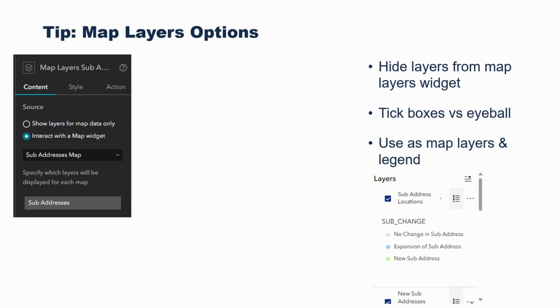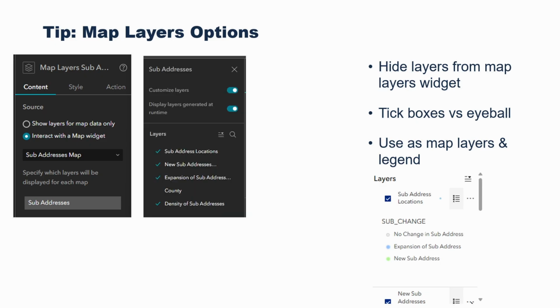For map layers, I really like this feature. We use this a little bit in this experience, but if you're familiar with the NCORE application or Environmental Justice Hub application, we use those with the views navigation to have one map with many, many layers, but you don't have to scroll and scroll and scroll. You can select what you want to be in a specific map layer widget. So if you come in and specify which layers will be displayed for each map,